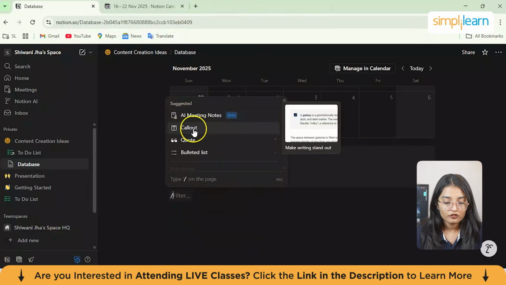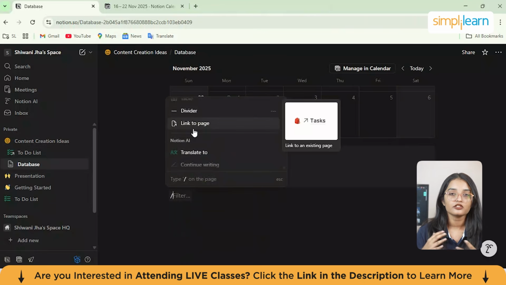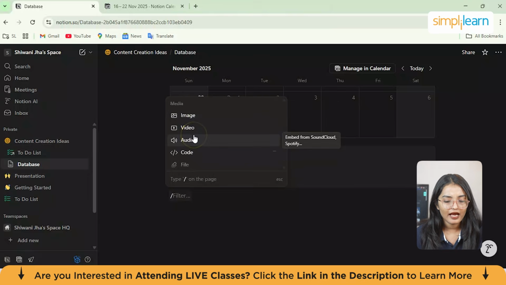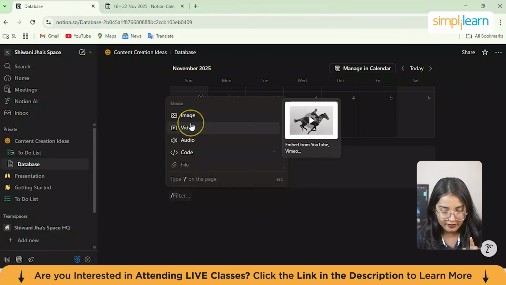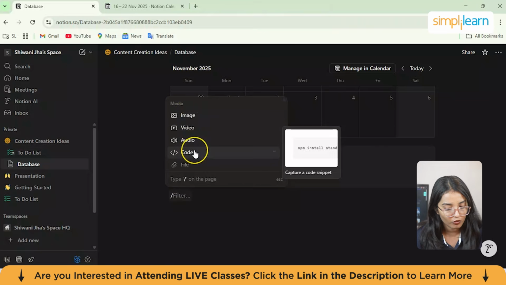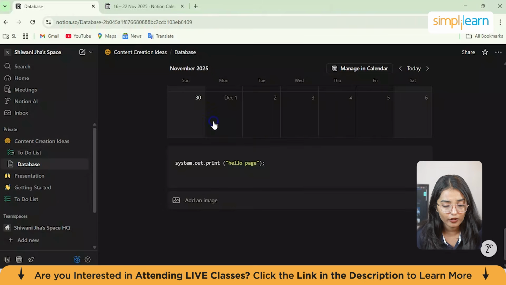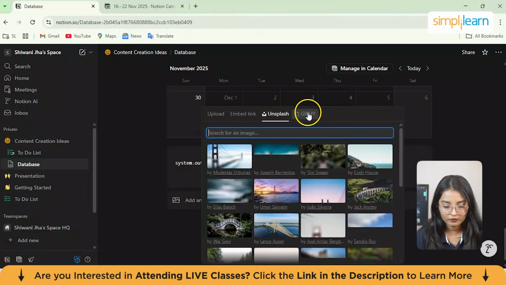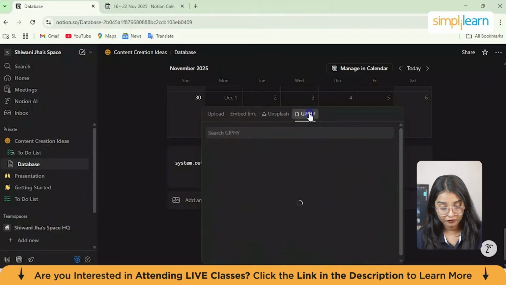Then you'll see how the Notion app has tons of features, tons of options for you to add. It's like website creation. You would not need to import and add from any particular app. You have the inbuilt features in Notion itself. So you can also add media as well. You can add a video, audio as well, code which I already showed you now. Let's suppose I want to add an image. So you can use this Unsplash mode, or you can use the GIF file as well.